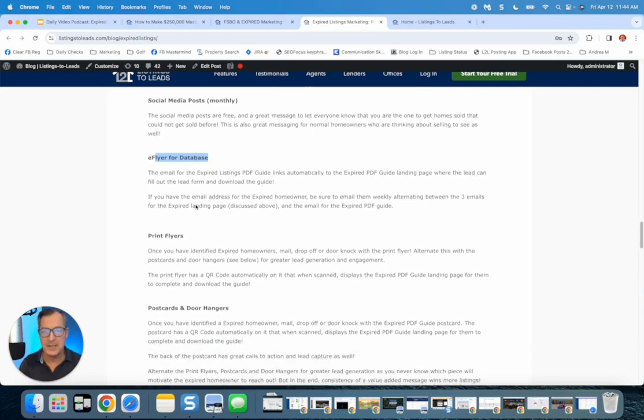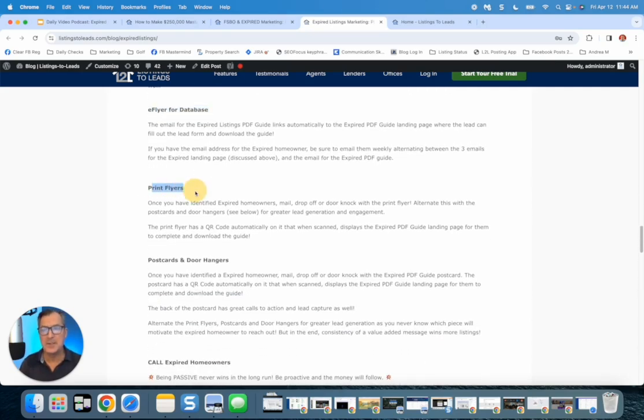I'll walk you through that a little bit as well. Similar to the landing pages, we've got print flyers, postcards, and door hangers. As we go through this today, I'll talk about the idea of maybe getting 100 postcards so that you've got them available, and you can either one-off mail them, door knock, or door drop the postcard, the door hanger, or even the print flyer, or really rotate between all three as you go through the engagement process